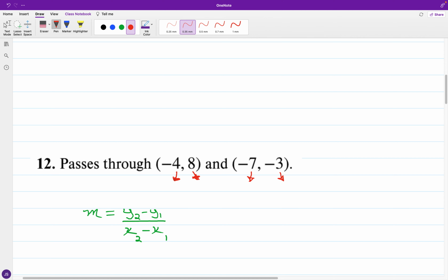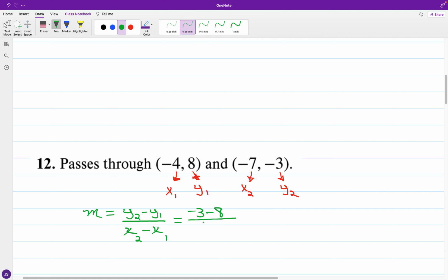Okay, so we'll say that -4 will be x of 1, while 8 will be y of 1, and for the second x and y values, we have -7 and -3 respectively. Okay, so filling in, for y of 2 minus y of 1, we have -3 minus 8,